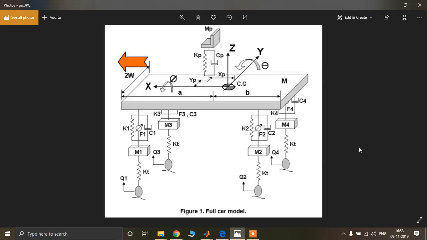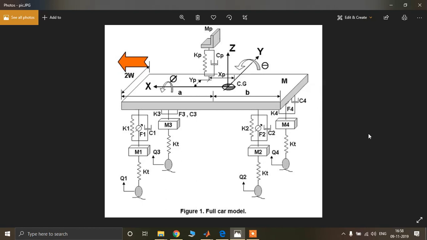Before we start and talk about different types of car models or build a model of any car like this, here is shown a full car model. There is a very basic thing you need to understand to go further in developing, that is the degree of freedom of that model. Now the degree of freedom of that model is basically in respect of the mass and spring.